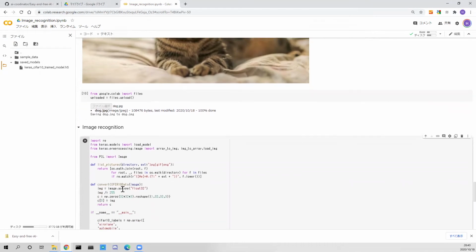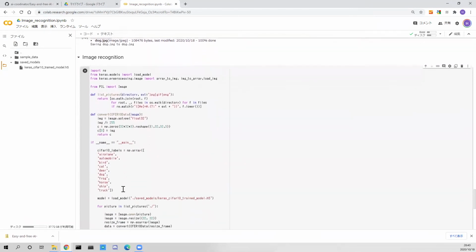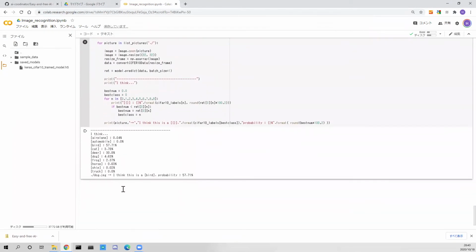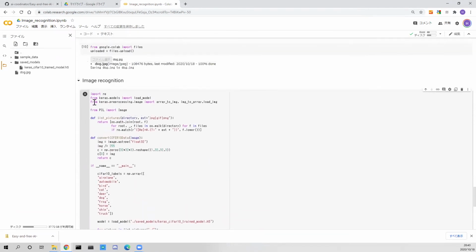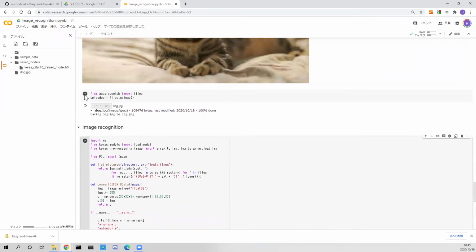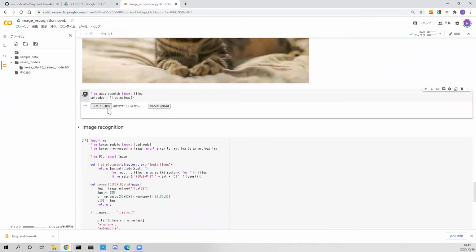AI infers the image in this way. The answer is excellent. Dog. Oh, bug. NG. If you want to recognize another image, try uploading the file again.